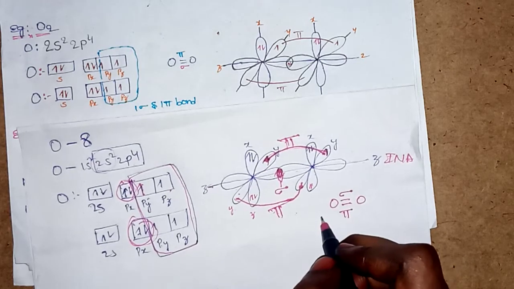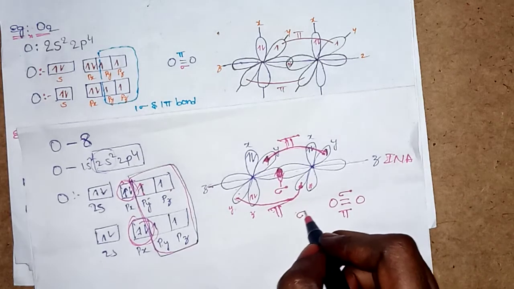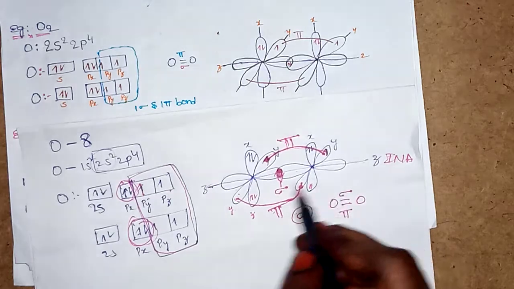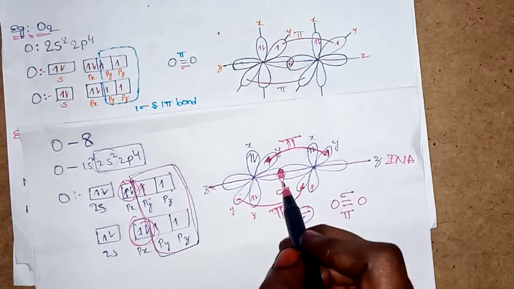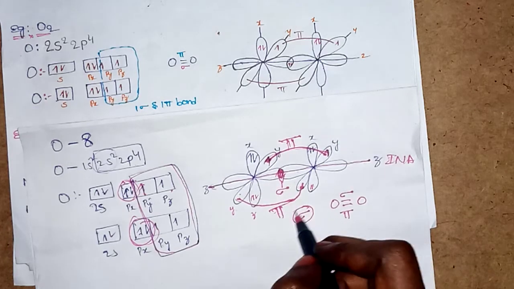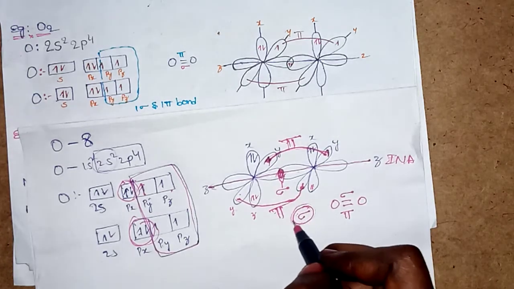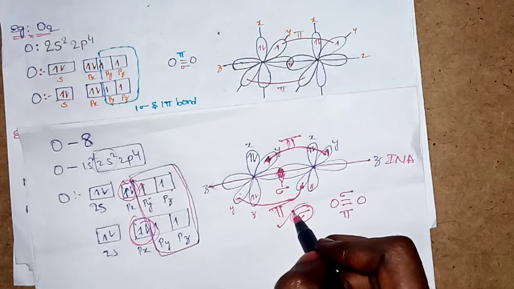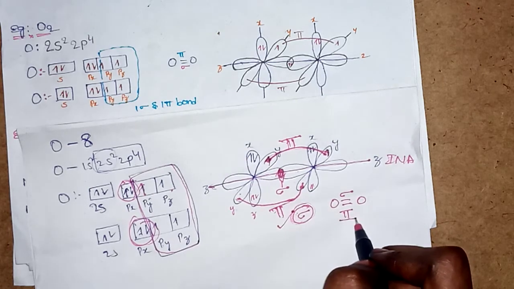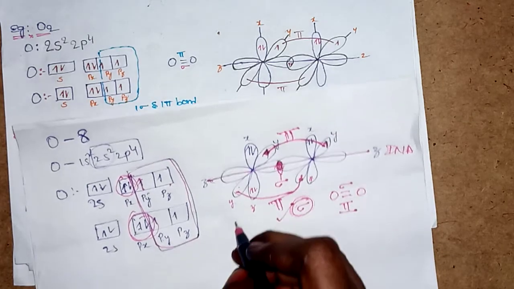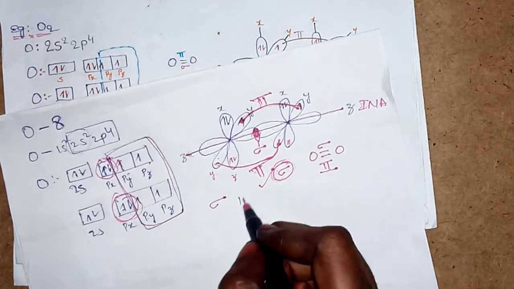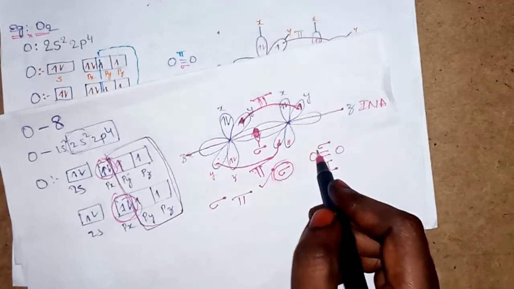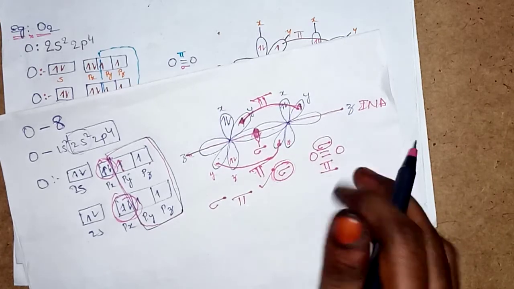First we have to give the priority to the sigma bond. Why? Because on the internuclear axis only a sigma bond should exist, na. So that's why this is a very strong bond in comparison to the pi bond. That's why first we give the priority to the sigma bond. Next we give the priority to the pi bond. So this is the sigma bond, this is the pi bond.